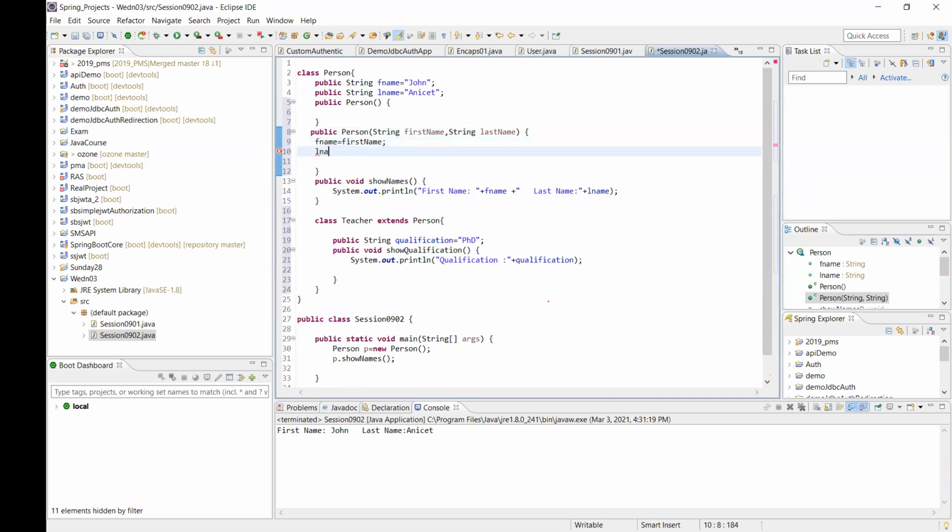Last name will be equal to the value that you pass here. When they have the same name, that's when you use this. In this case, they have different names. So if you bring a keyword super like this here,